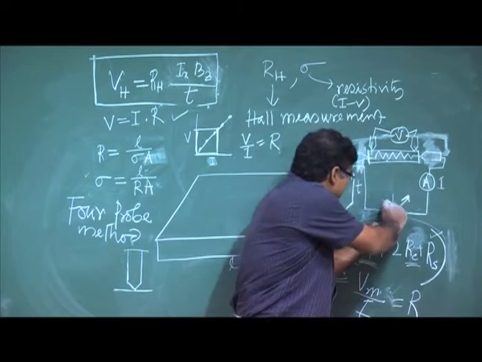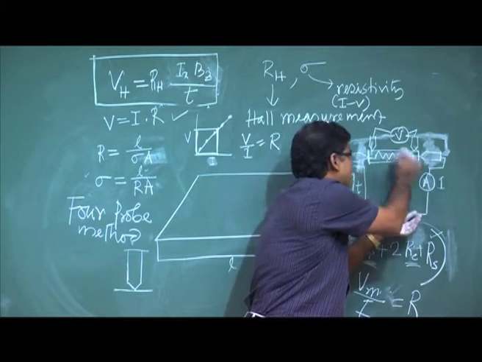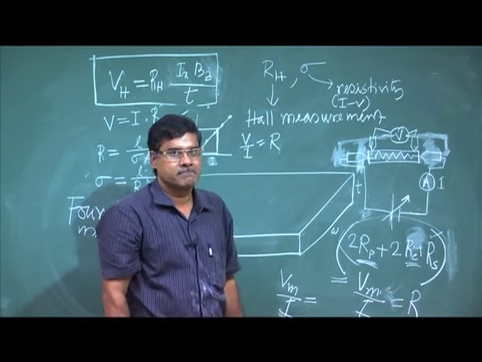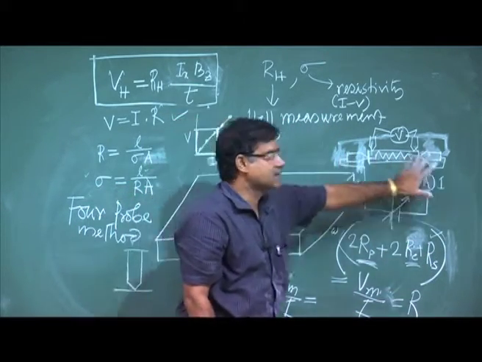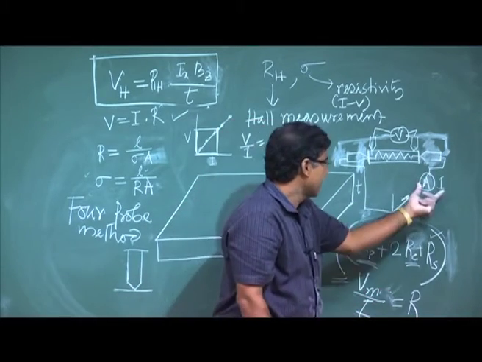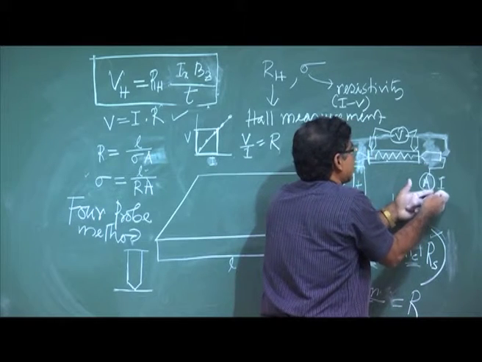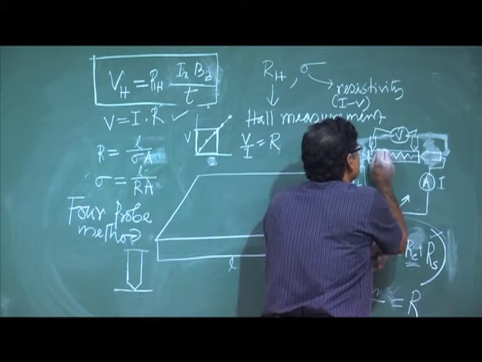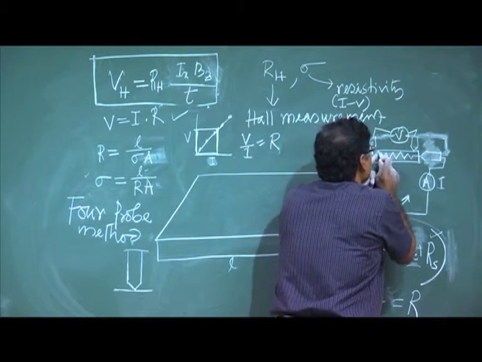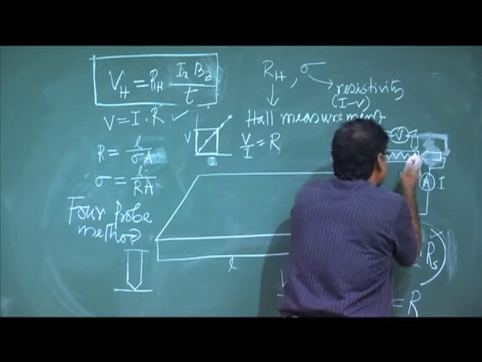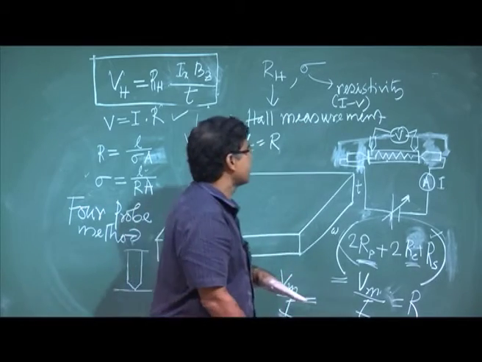So I will change the voltage, I will set a current here, okay. So whatever the resistance, I do not bother. This is the current which is flowing, and I am sure that it is flowing through my sample. It is flowing to others also, but through my sample this is the resistance current.